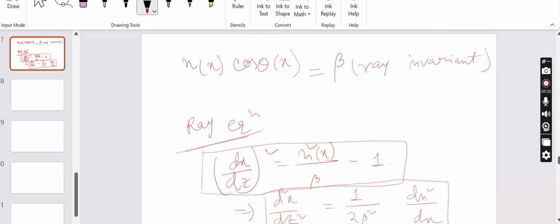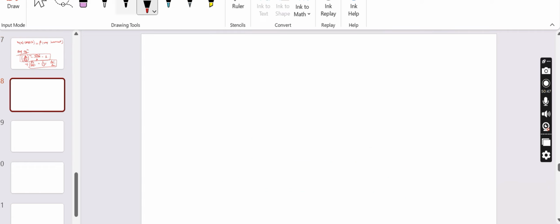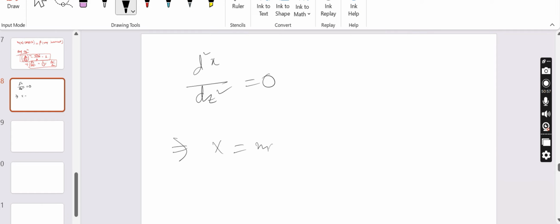n doesn't vary with x, so this becomes 0, and when you solve a second order differential equation which is z double dash basically 0, the solution is a straight line, mx. Yes, sorry, I should not say x. So mz,